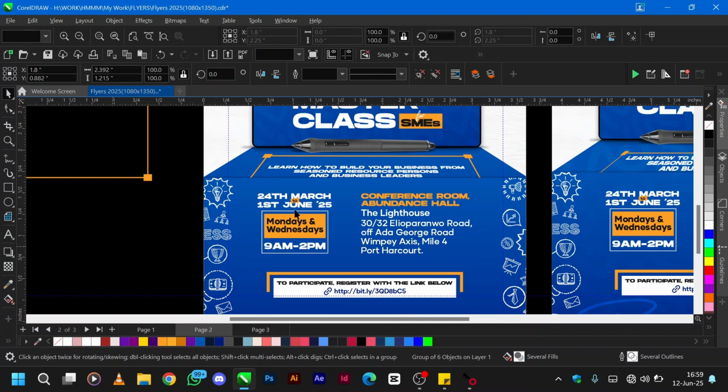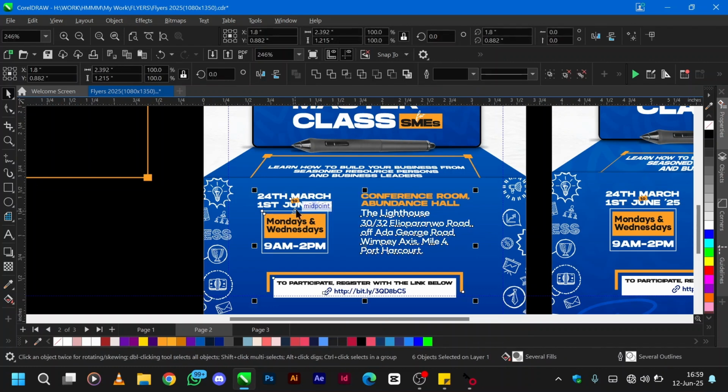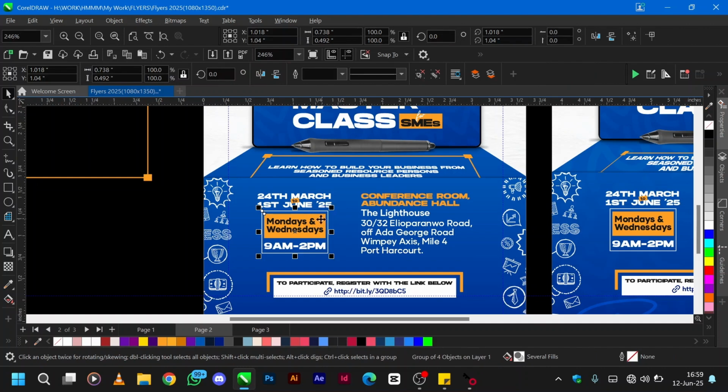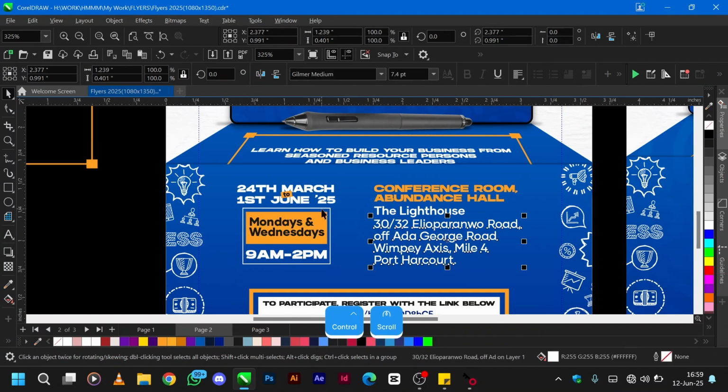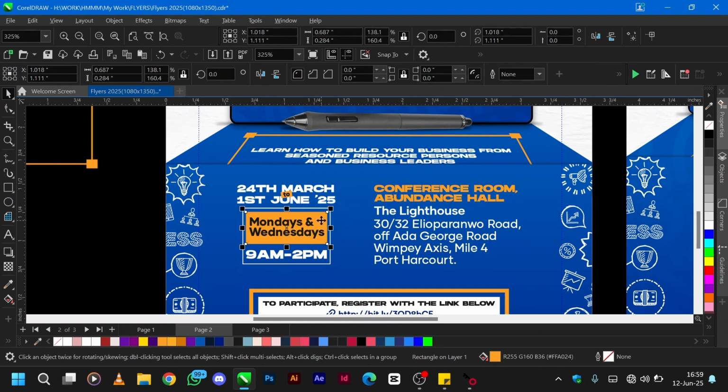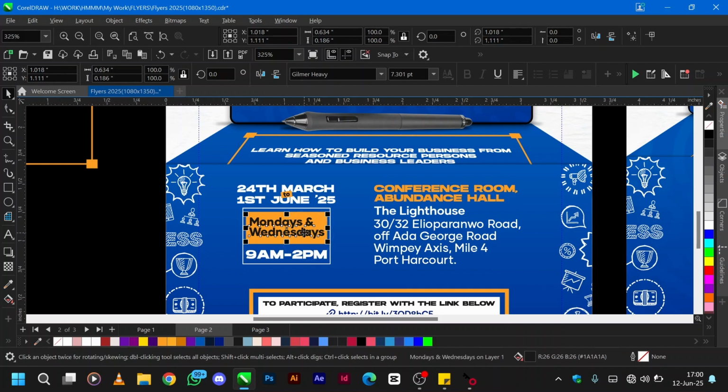So I've arranged it. This is not hard. All these things are just playing with your shapes. This is just a rectangle in its outline. Let's ungroup this. It's just a rectangle in its outline. This is a rectangle with fill without outline, still the same yellow. Fonts I used here: Hansen. I used Gilman here just to create